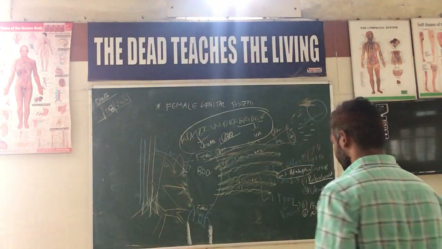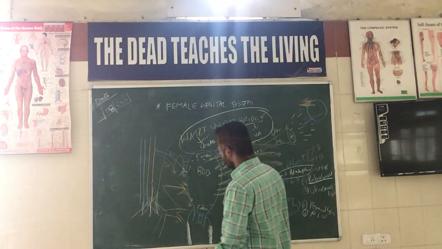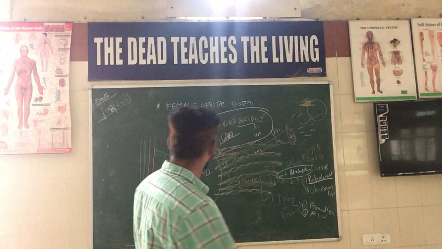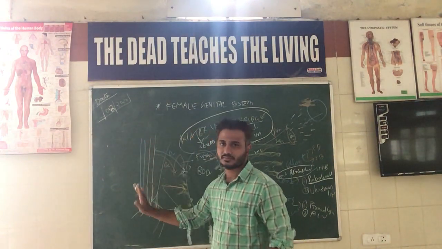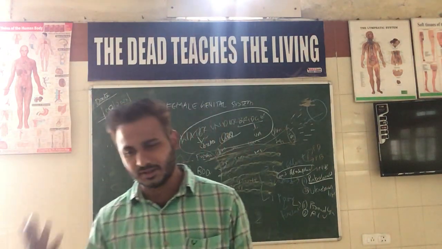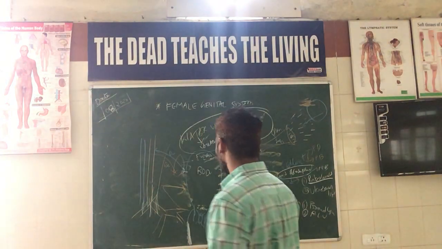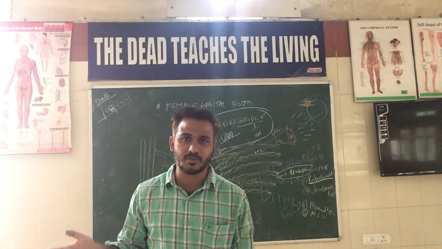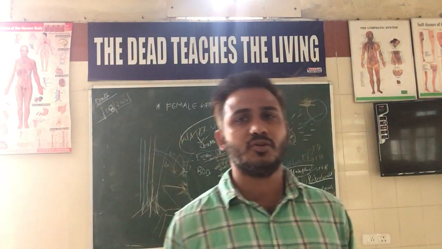And one more thing, if we see the course of the uterine artery, I said that the uterine artery is nothing but a content of this broad ligament. Even the ovarian artery is also a content of the broad ligament. The ovarian artery will also give something called salpingeal branches that will supply the fallopian tube as well.